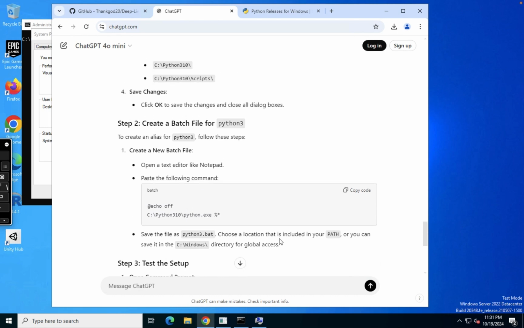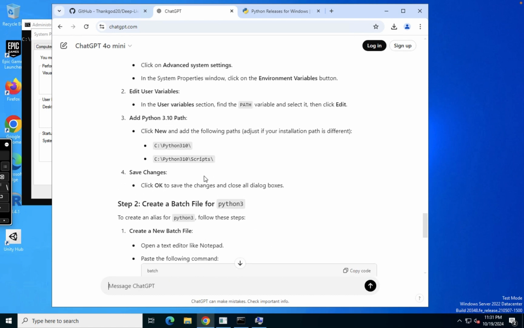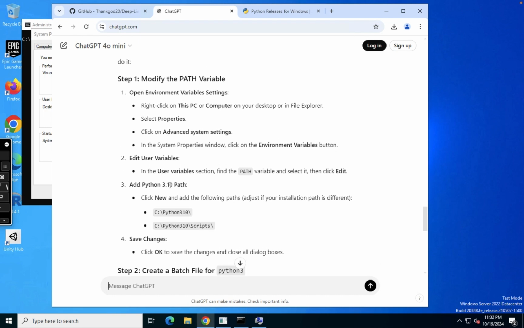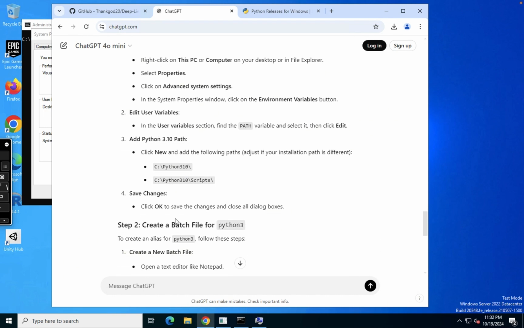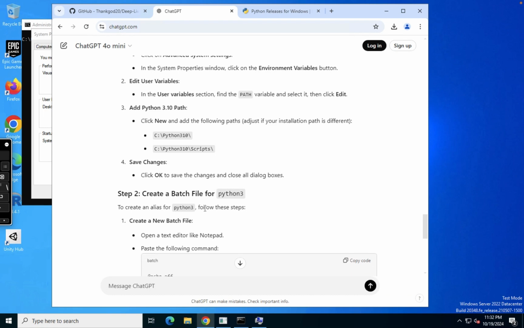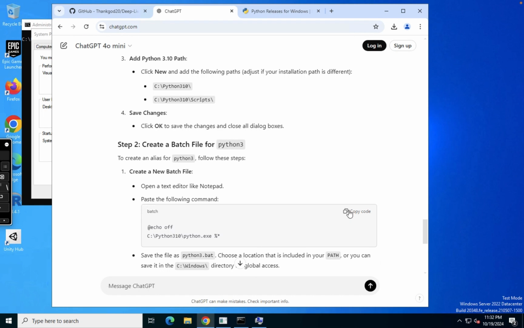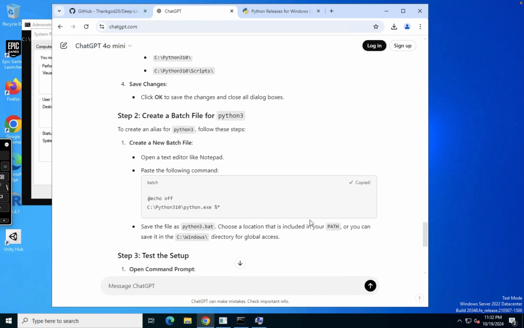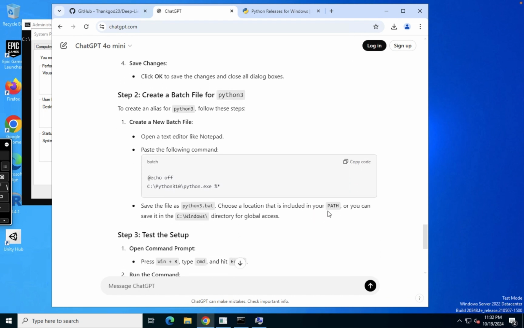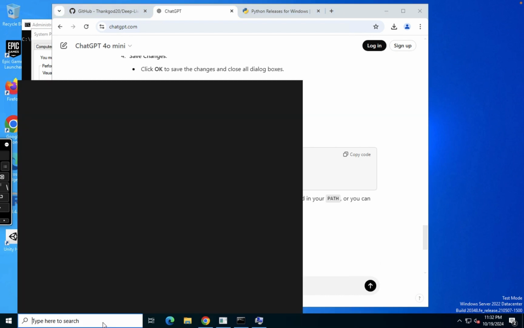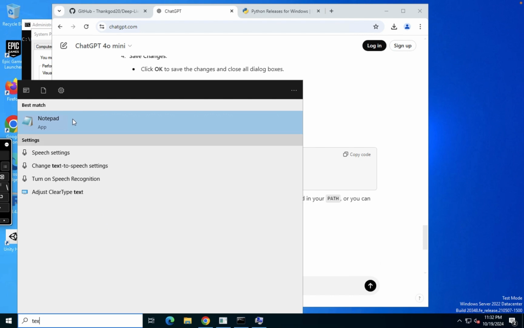The first part has been done automatically by the Python installer. It added the paths to the user variable, as you can see, and those paths are the Python 310 and Python 310 Scripts paths. So the next step, step 2, is to create a batch file for our Python. We'll copy the batch code, choose a location. Okay, this is the batch code. Copy it, open a Notepad, paste it here,